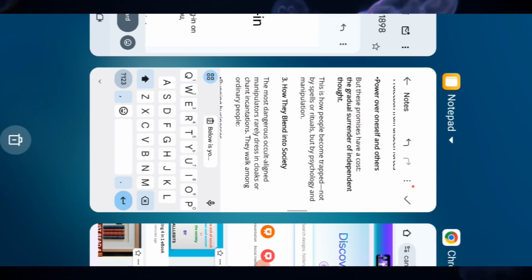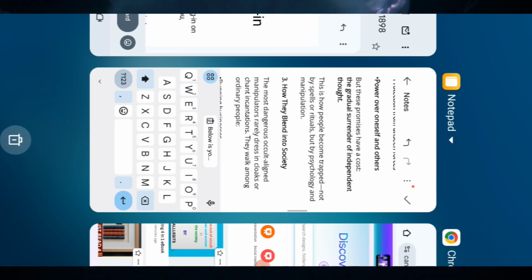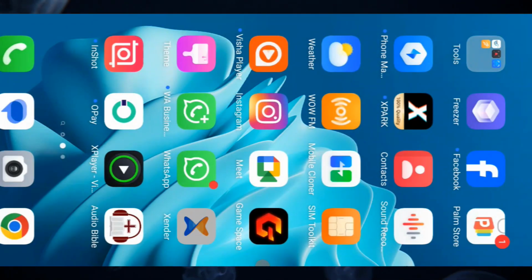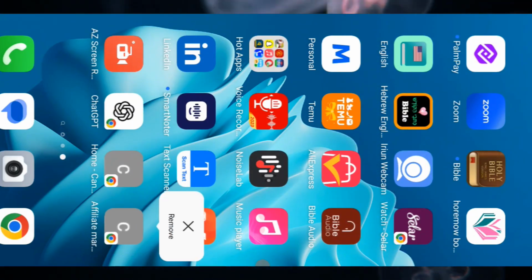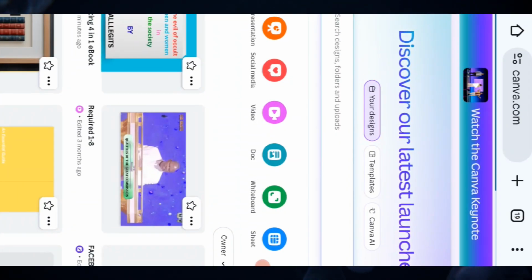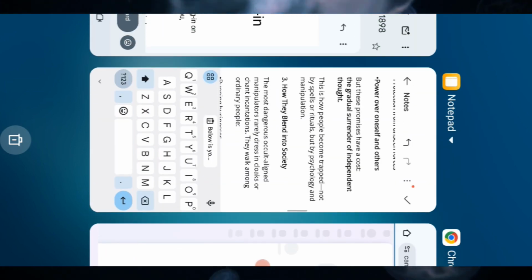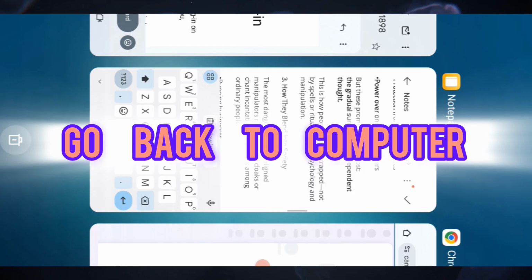So from here we are done with teaching you how you can use Android to design it. Now let's go back to our system to make it easier for you to understand. So here we have this one. We are deleting this one. We don't need it. We remove this one. So Home Canva is what we need. Once you click on it, you will arrive at this very destination. So you have your ChatGPT shortcut or your Canva shortcut already on your phone. So we are going back to the